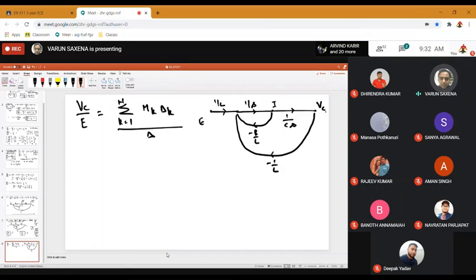So can anybody tell me what is the forward path? How many forward paths do we have over here, and what is the forward path gain M1? No, M1 is not 1. M1 is the forward path gain. There is only one forward path that goes from E to I to VC. So that is going to be 1 upon LC into S square. That is your forward path, M1.